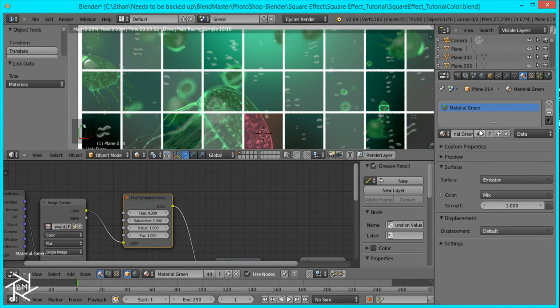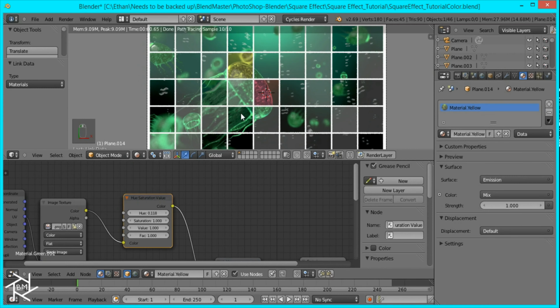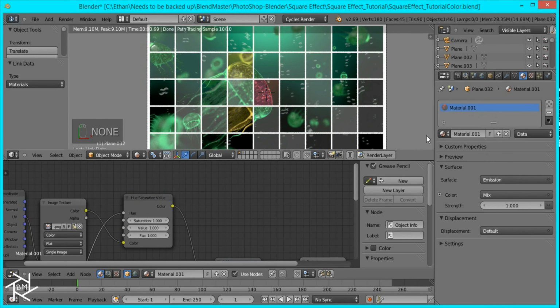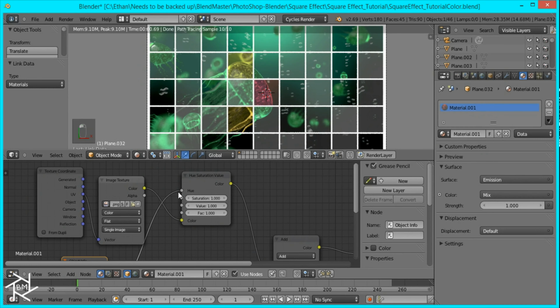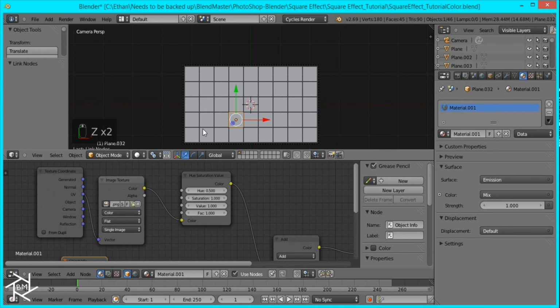and then we'll add a yellow, and you can see that all I'm doing is just giving it a different material and playing with this hue value to give it different color variation. And then we'll have the original material, which is that, but we have to unplug the random from it. So now you can have control over what materials you want to be what color,